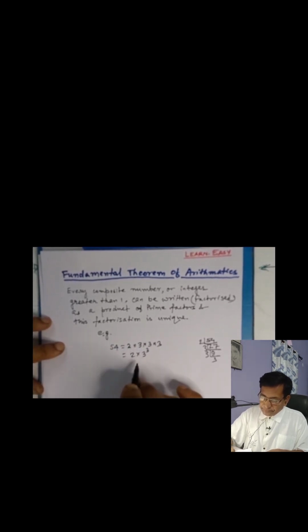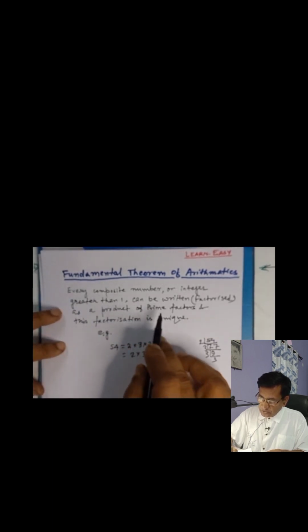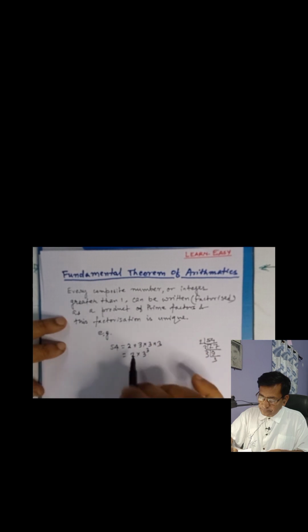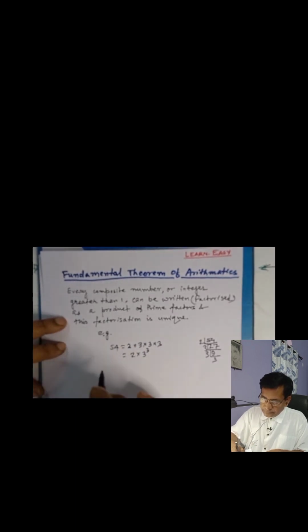So this 54 is a product of prime numbers 2 and 3, and this is unique for 54. Another example,